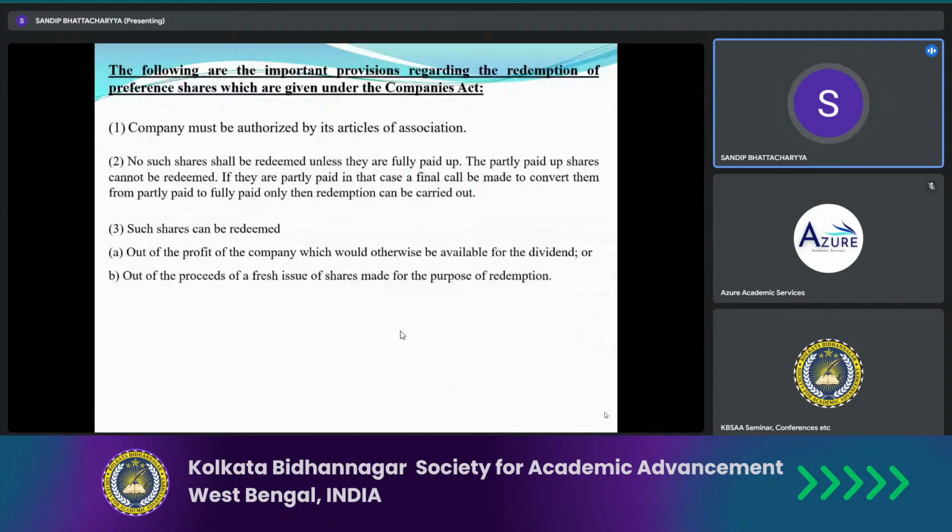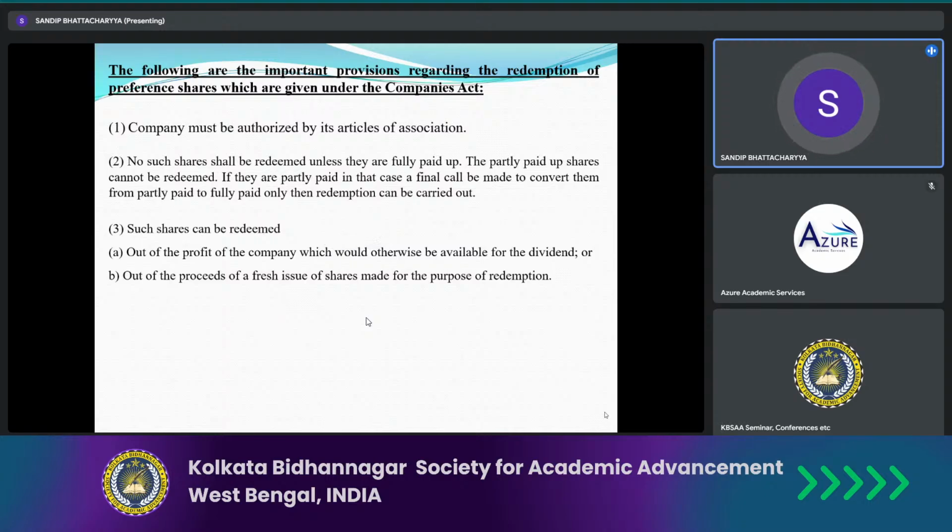What the implications are, you will see in a later slide. But for the time being, you must understand that when you are supposed to redeem the preference shares after 5 years, 10 years, or whatever stipulated time was mentioned at the time of issue, your company must have liquidity flexibility. If you are in a liquidity crisis, how can you redeem your preference shares? And if you do not redeem them, then the Companies Act will be violated. So that must not happen.